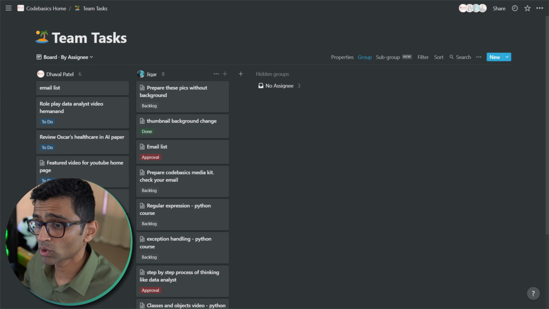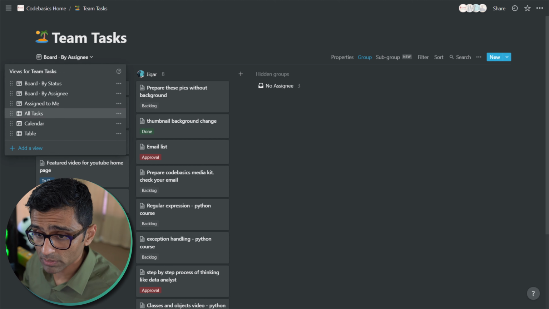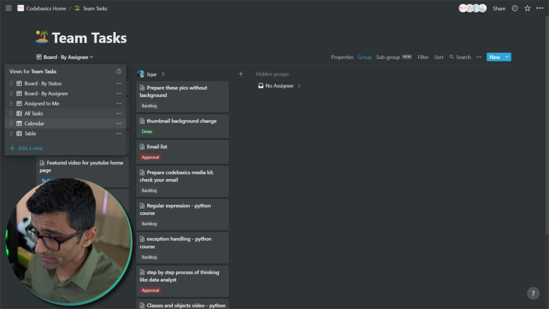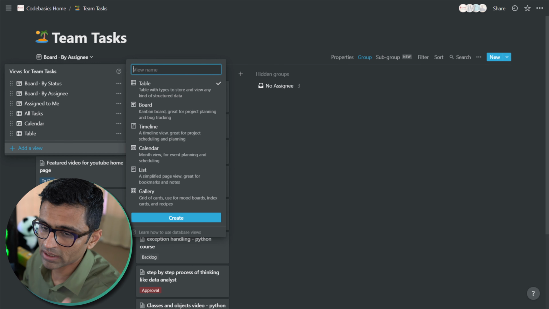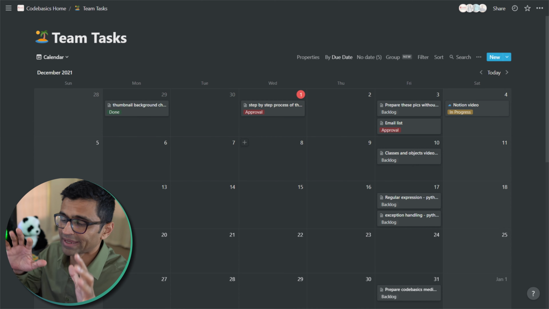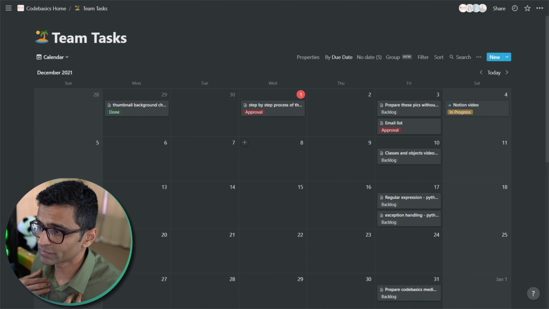You can also group it by person name, so you can see this kind of card view per person. You can also do a calendar view, and by the way, I already added all these views, but you can just click on add view and click on calendar, and it will add this view. And here is a calendar. For each of these dates, I know exactly which video is coming out, what the action items are, what I'm doing. So I have a very good understanding of the timing of all my videos.